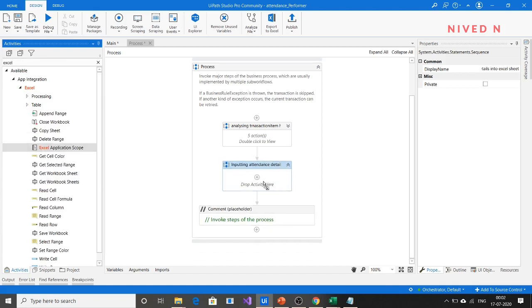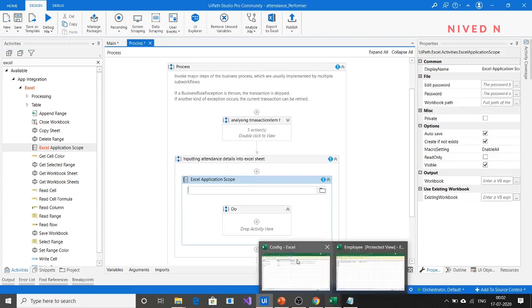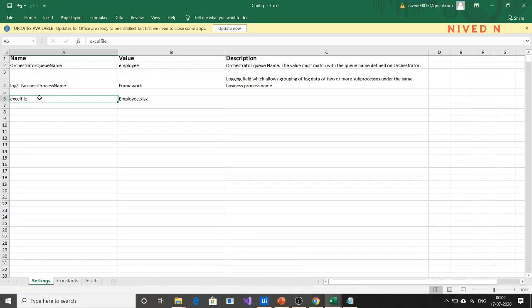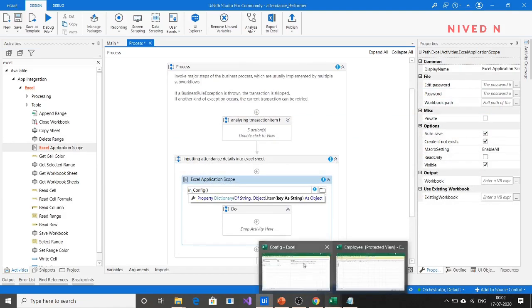Just drag this Excel application scope here and specify the workbook path. Since we have specified the path in the config file itself, you can directly specify it here from the in config dictionary. In config, give the key value.